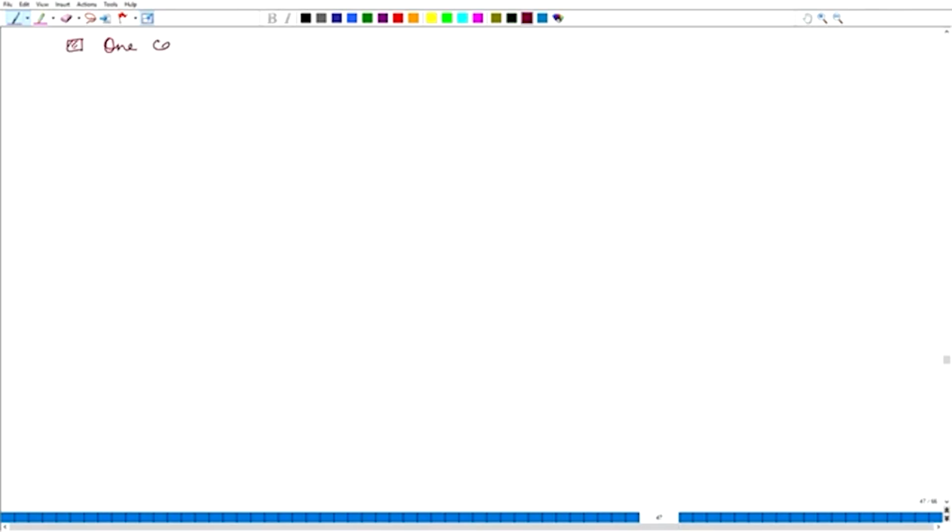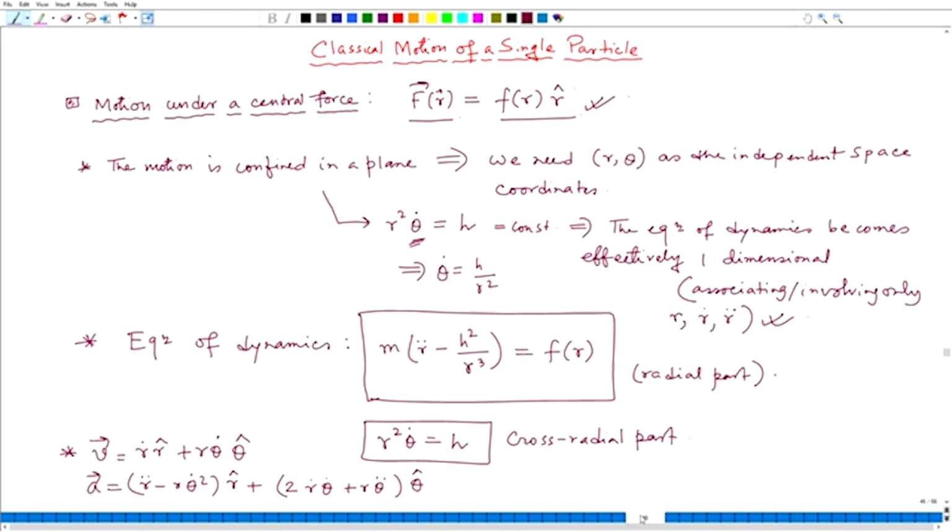One can be interested to find the orbit, that is r as a function of theta or theta as a function of r. Before going to that, just let me clarify that this is a second order ordinary differential equation in r, and hence